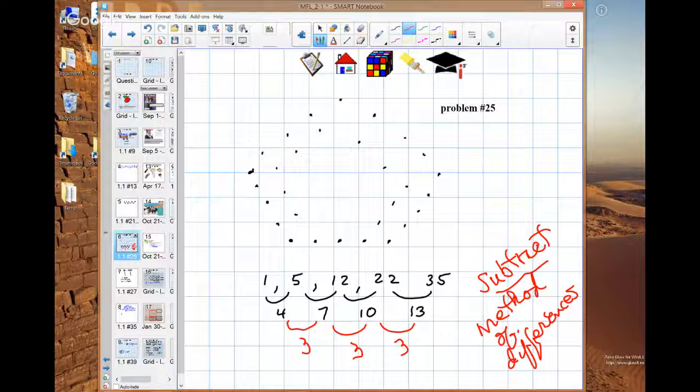Sometimes the patterns are different, but this is supposed to get you thinking: okay, what happened from 1 to 5? What happened from 5 to 12? Now, if you look in your book,